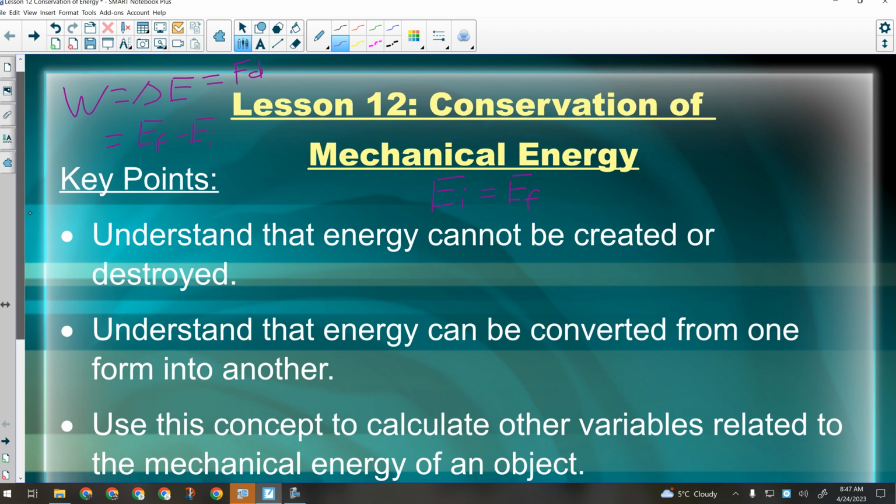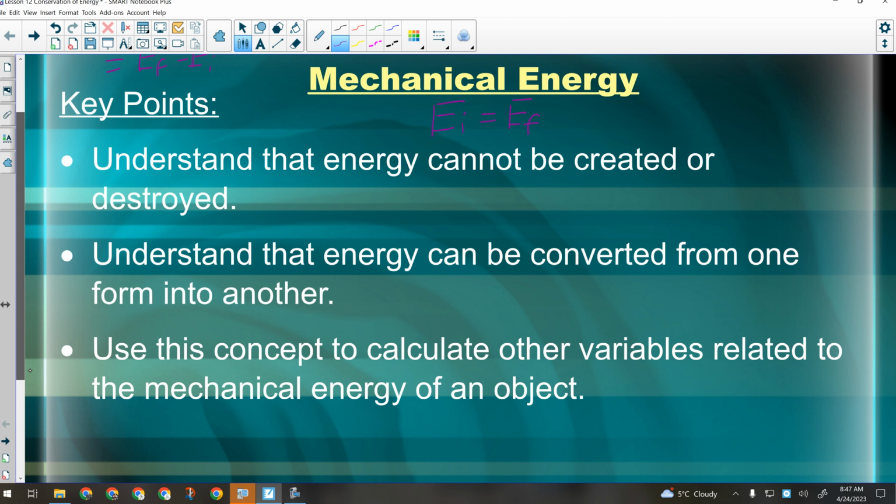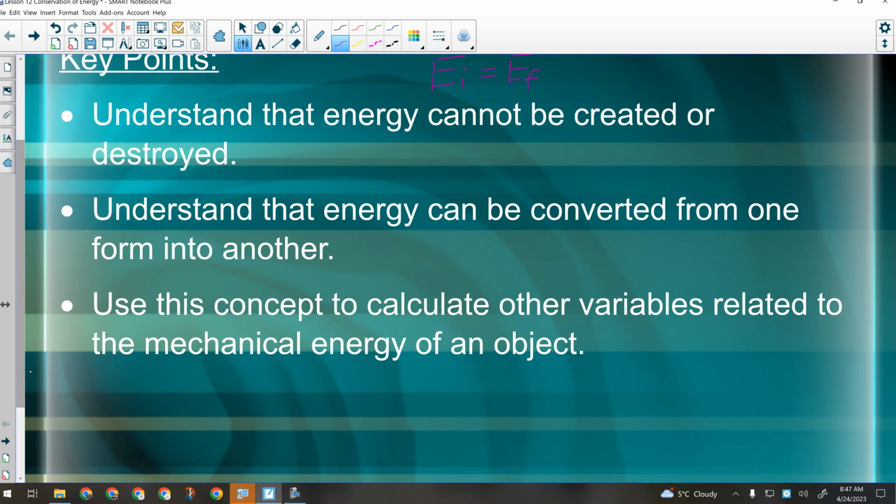for. Okay, so key points for the law of conservation of mechanical energy. First off, energy cannot be created and it cannot be destroyed. That is the law of conservation of energy stated in words. Okay, EI equals EF is how it's stated mathematically. Okay, understand that energy can be converted from one form to another. That doesn't mean work is being done, as long as the final energy and the initial energy are equal, and they're being converted into each other at 100% efficiency. And then lastly, use this concept to calculate other variables related to the mechanical energy of an